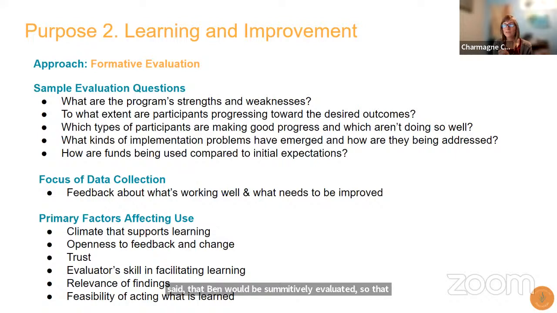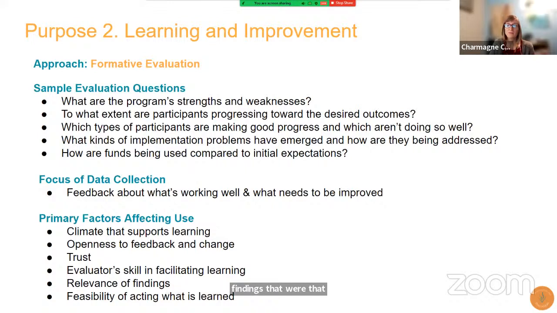And in this instance, the things that really support use are a learning culture in an organization and a program, a desire to improve and get better, and openness to feedback, trust of one another and trust in the data, and a skilled evaluator that can facilitate learning from the data, as well as making sure that the findings are relevant to the program and to what's actually happening and what decisions are being made, and the ability to act on the findings that were